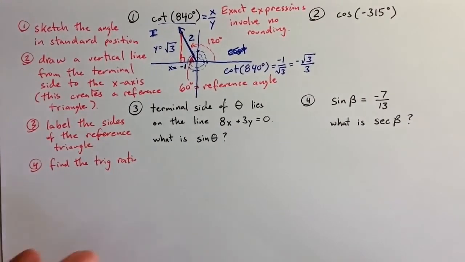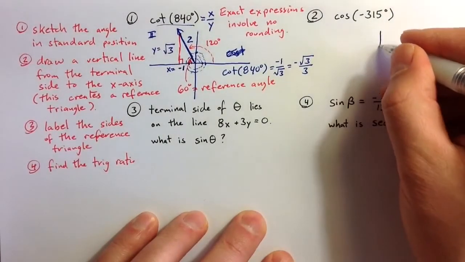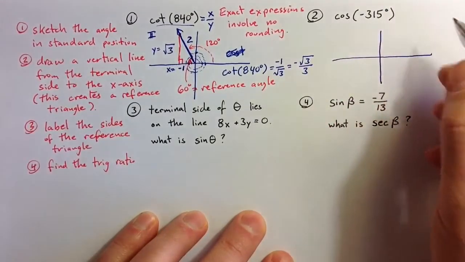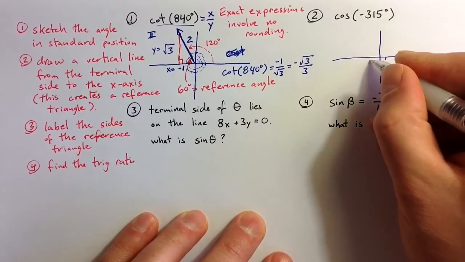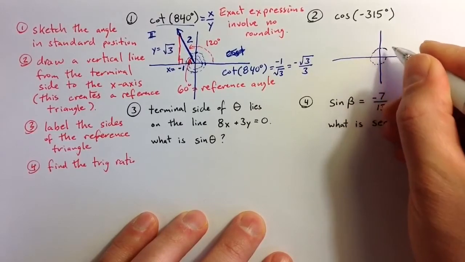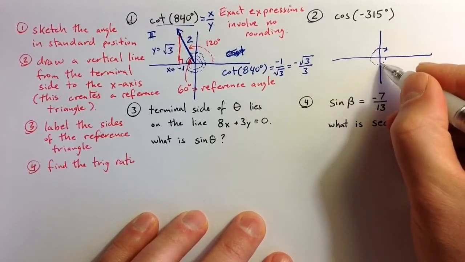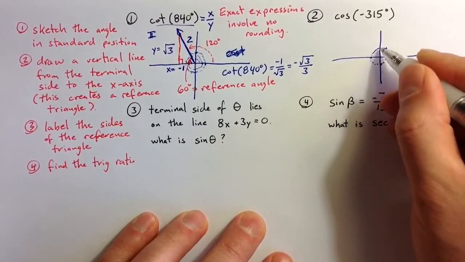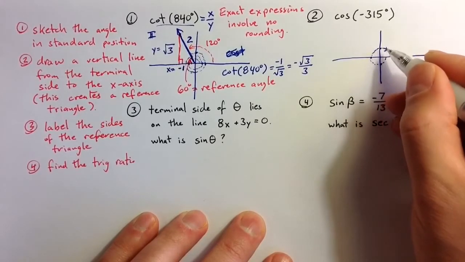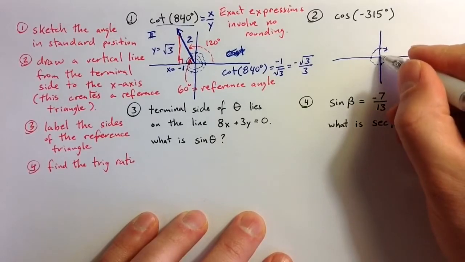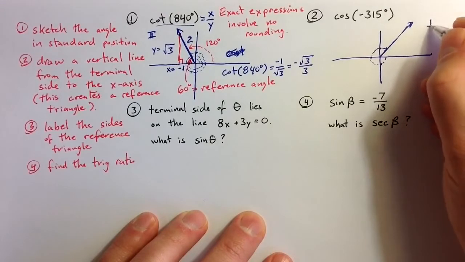Example 2 is similar, except here I want to sketch and think about a -315 degree angle. And so I'm going to go in a negative direction, a negative rotation. 315 degrees takes us past the negative y-axis, past the negative x-axis. The positive y-axis would be 270 degrees, so we go 45 degrees beyond that. And we end up square in the middle of quadrant 1,